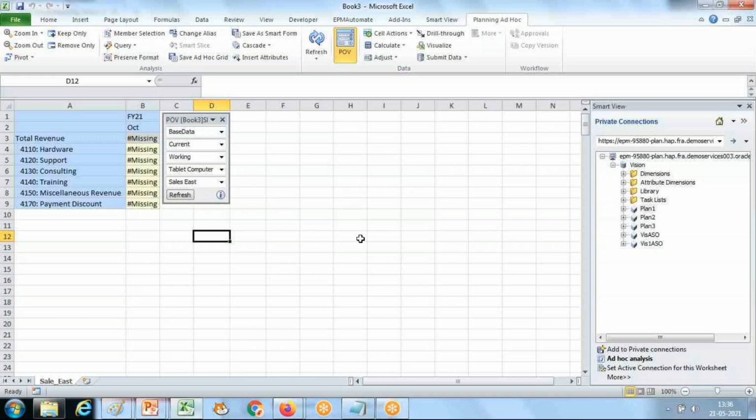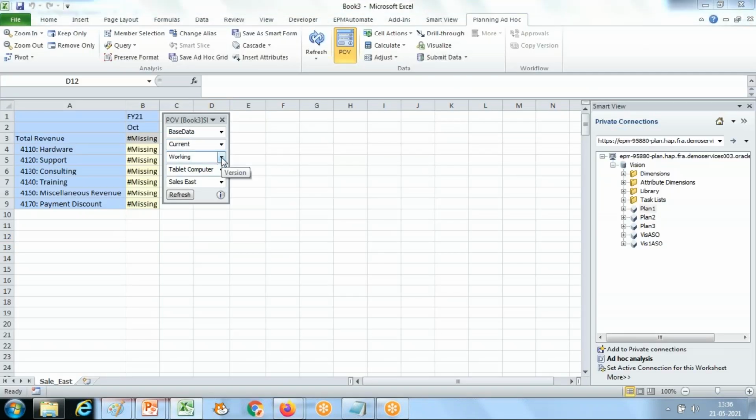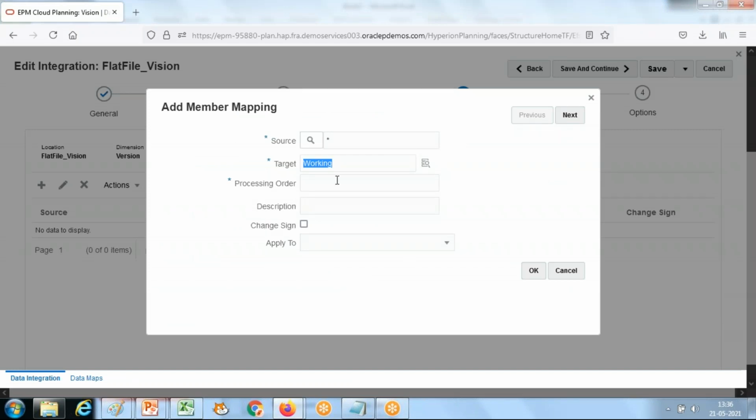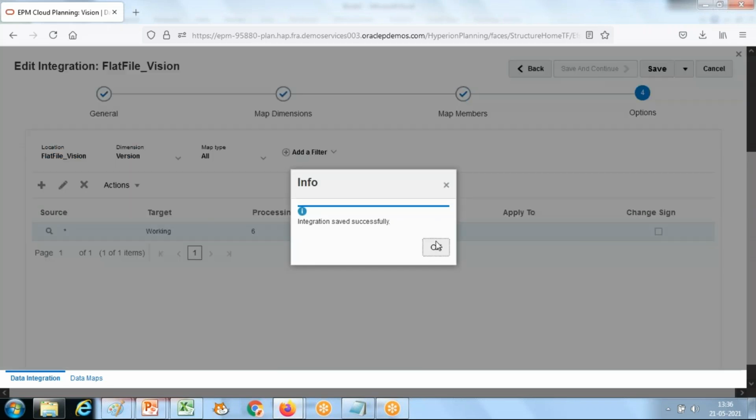Current is my scenario, sorry. Working is my version. Let me correct it. Working version. So this working version is fine. All mapping done, simple. Let's validate this mapping and save and continue.